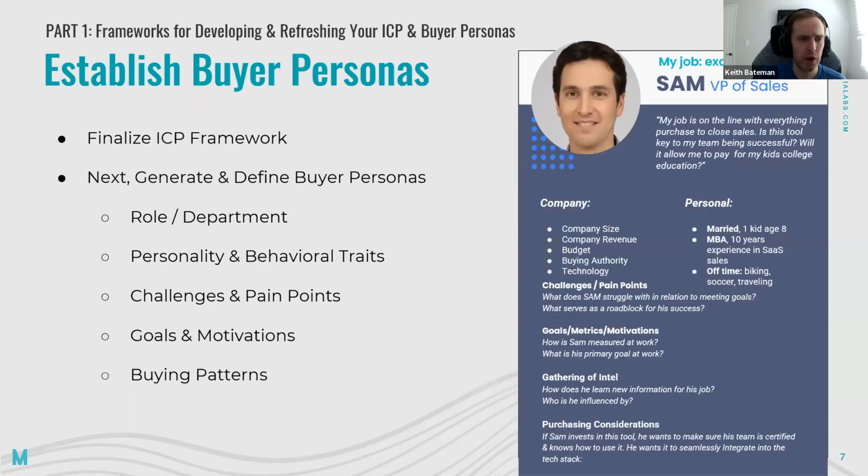So once we have our ICP framework in place, we want to go ahead and start establishing our buyer personas. And now some people may say, what's the difference between ICP and a buyer persona? An ICP looks at your customers from the organizational level. And these are descriptions of types of companies that we want to try to sell and target. So that's a high level overview of the organizations we want to market and sell to. Whereas the buyer persona is defining the different buying patterns of companies within our target ICPs. So segments, roles, and personalities.